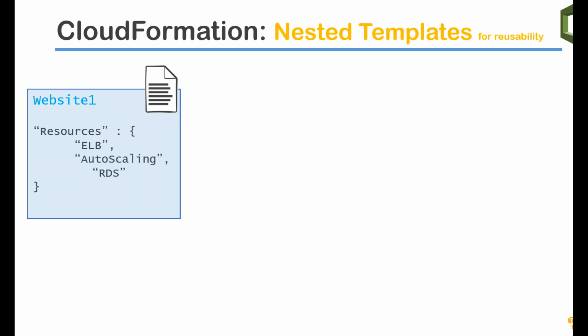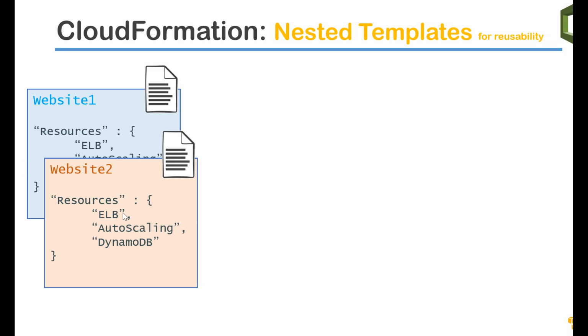So let us say you have a website 1, which is a requirement for creating a very simple website with RDS, that is the database layer, then auto scaling for your application layer, and then you have ELB. The load balancer sends the traffic to the auto scaling application layer, and the application layer sends it to the database. So this is website 1. Website 2 is very similar, but it is using DynamoDB as the backend. ELB is there, auto scaling is there, DynamoDB is also there. So instead of writing my ELB and auto scaling scripts 2 times and trying to maintain them in 2 different places, whereas only my database layer is different,